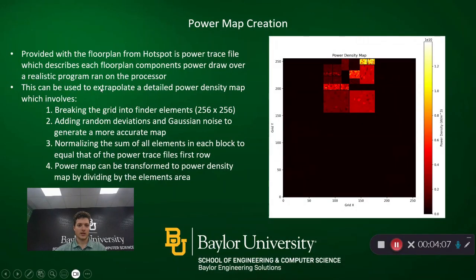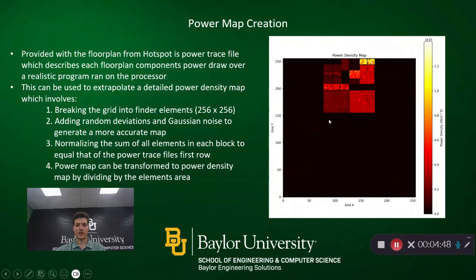For doing that, I inputted the floor plan file and the power trace file from HotSpot, and the power trace file is a realistic simulation of the power draw of each of those major block components, and for each iteration it's like a realistic program at time steps. So I just took the very first row of the data for iteration 0, time equals 0, and broke it down a lot further, discretizing the entire 16 by 16 millimeter chip into 256 by 256 element blocks,